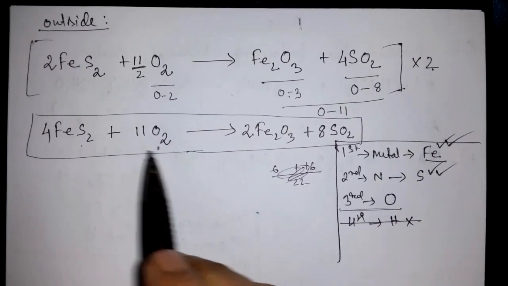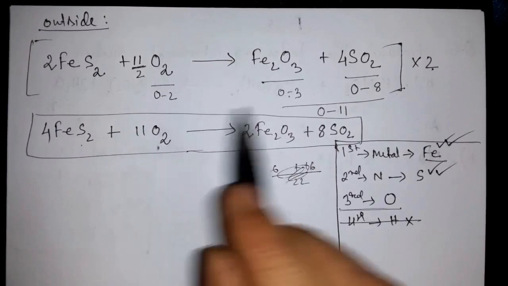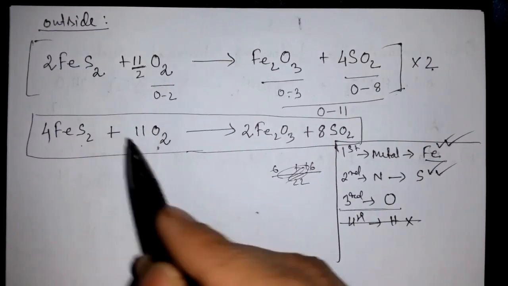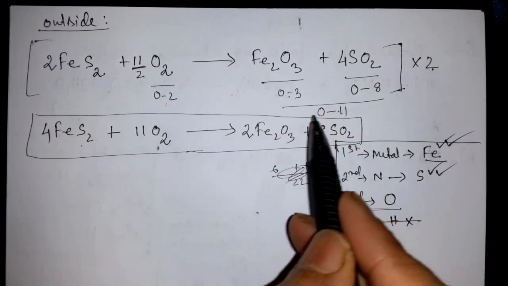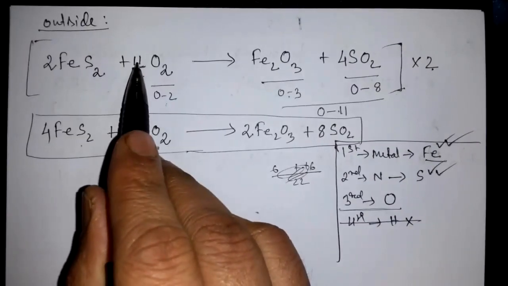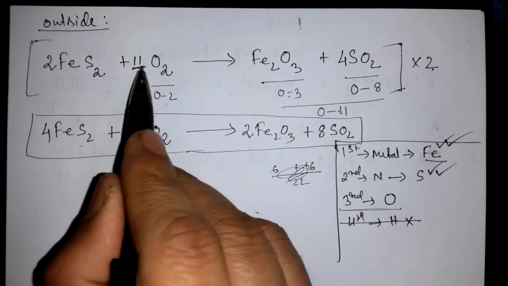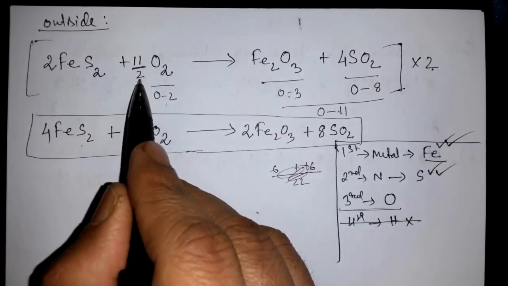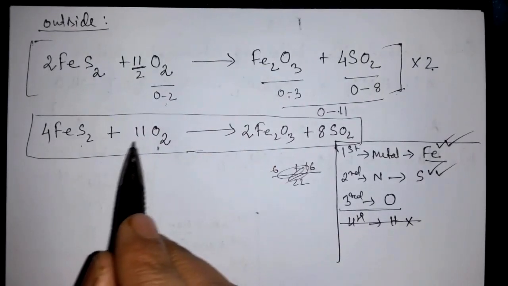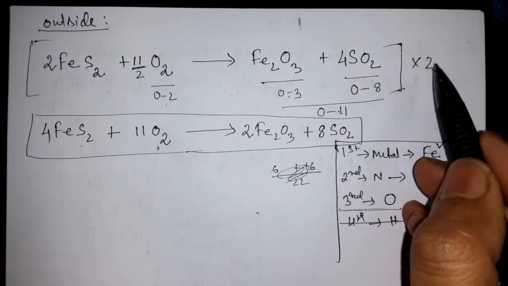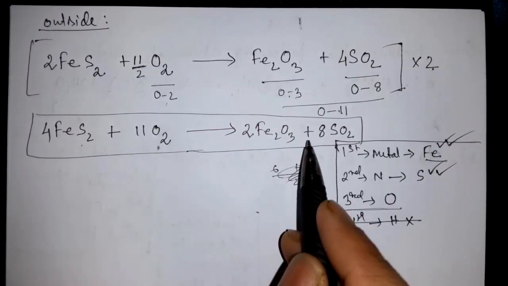But I don't think this much difficulty level will be important for your exam. Just for your knowledge, we discussed it like this. Also, sometimes it happens that you are not able to equalize because you are not getting a whole number. In that case, whatever fraction you want, you just put that number to balance, write divided by that number, and to remove the fraction, just multiply with a suitable number.